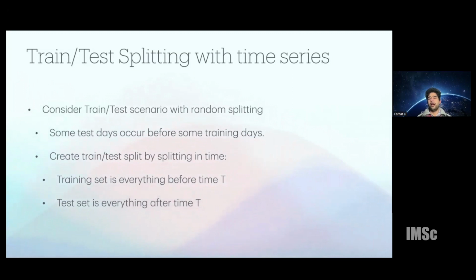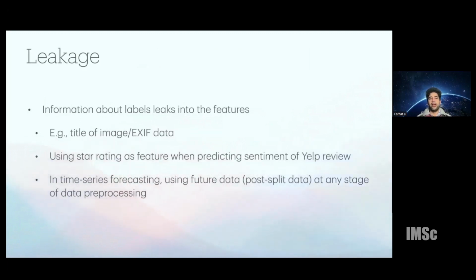careful around how you do the train test split so that you're not, say, getting data from the future into your training data. So, for example, you could create a training set as everything before time t, a test set is everything after time t, and so on. But one part you have to be careful about is that there is no leakage of information from the future into the past. Another part you have to be careful about is that you're not using any features that leak